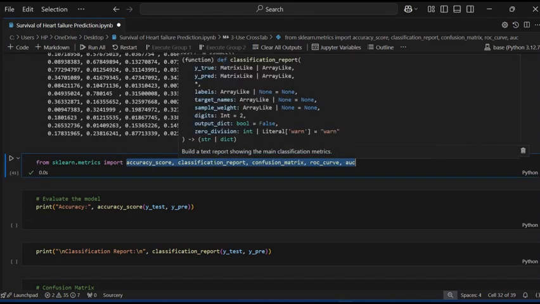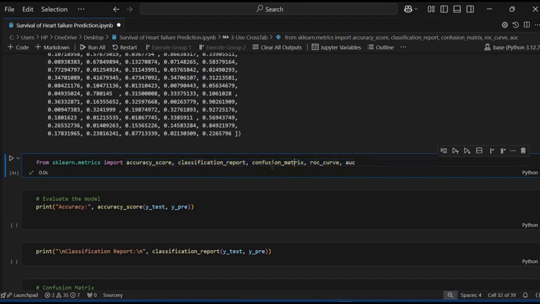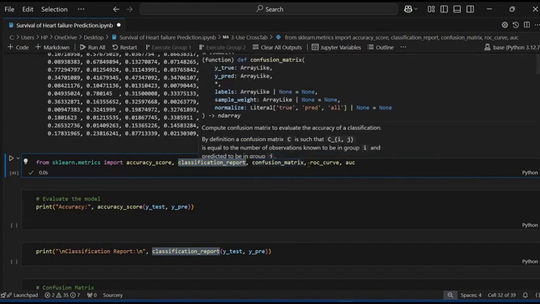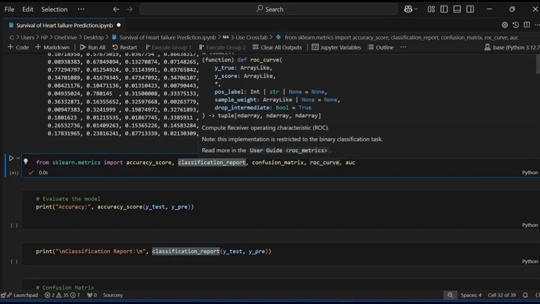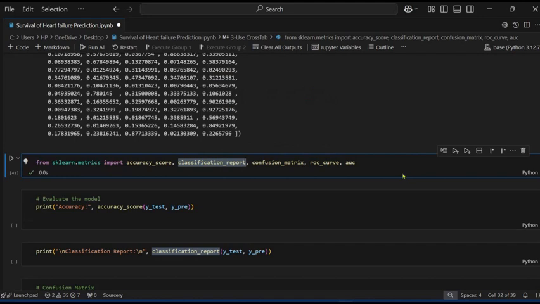Classification report provides the detail of the class-wise metrics. After the output I will tell you, it shows the precision, recall, F1 score. In classification report we can see all these methods. The next is the confusion matrix. Confusion matrix is mostly used for the visualization and the distribution of correct or incorrect predictions.